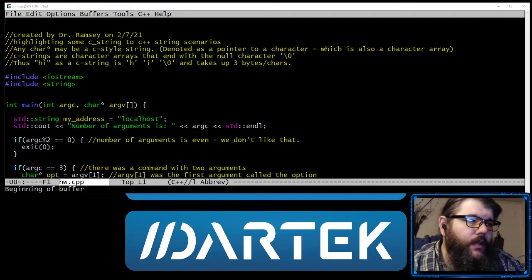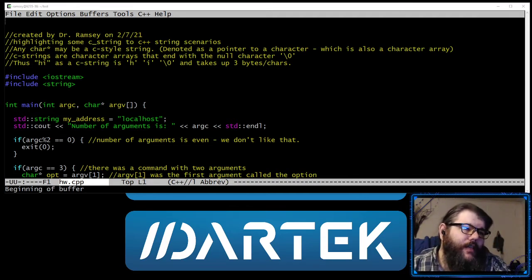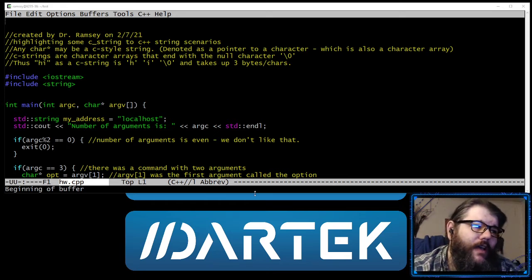All right, folks. What we're going to hack away at now is looking at some command line arguments and some C string scenarios and pushing C string into C++ strings to make them a little more manageable. In order to do that, I think the first thing that you need to notice is that when you